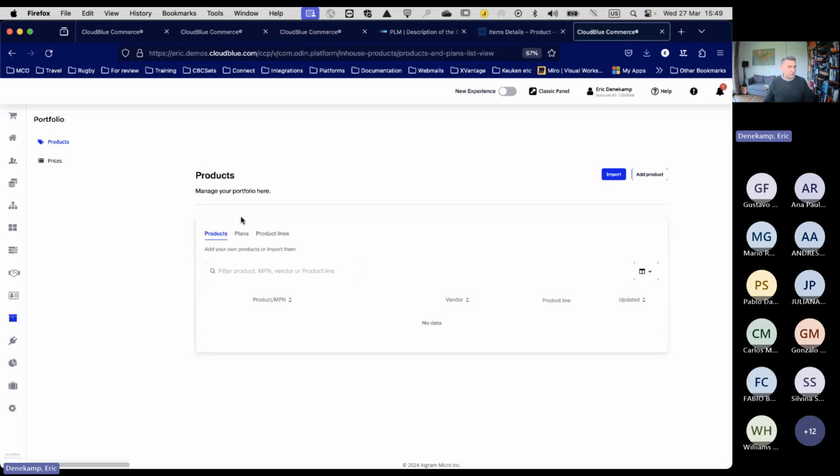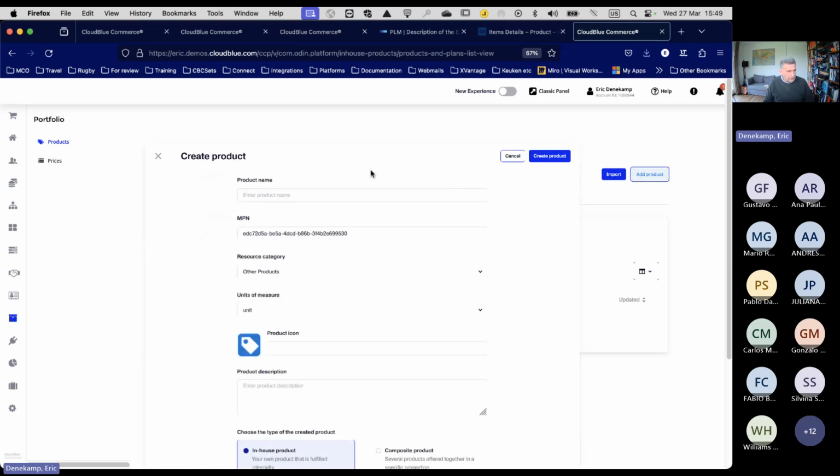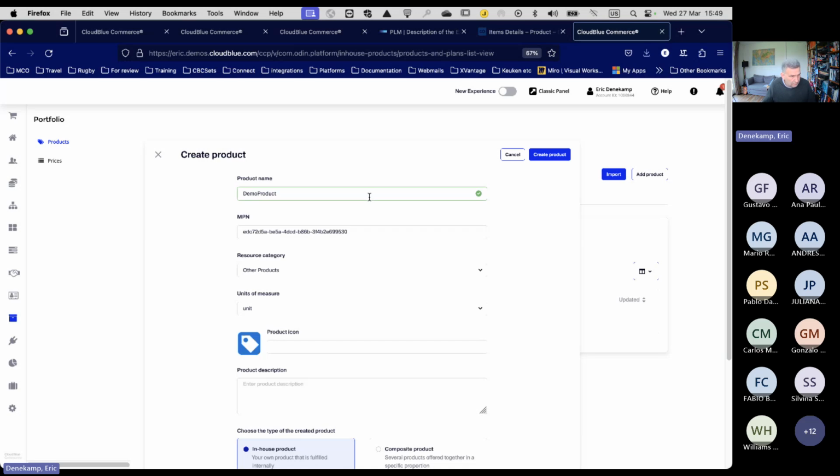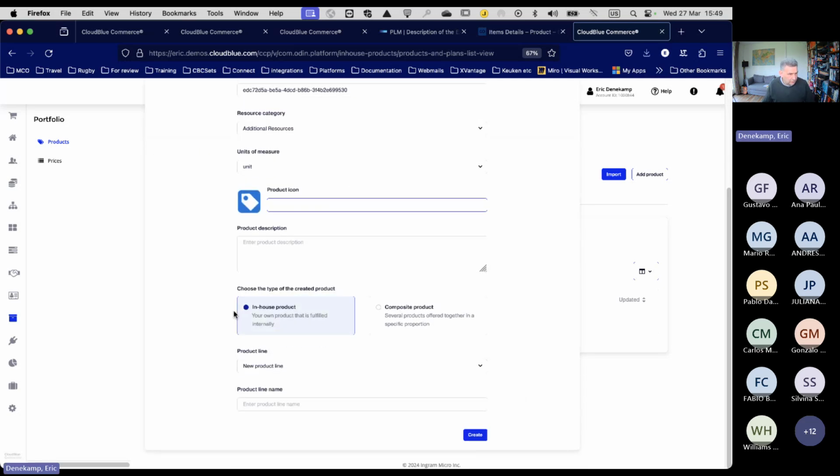I cannot go to an external catalog. But if I want to add a product, I can do that by adding a demo product. The resource category being whatever I want. Let's do additional resources. I can add an icon if I want to. It's an in-house product or a composite product. Composite product is a composite resource.